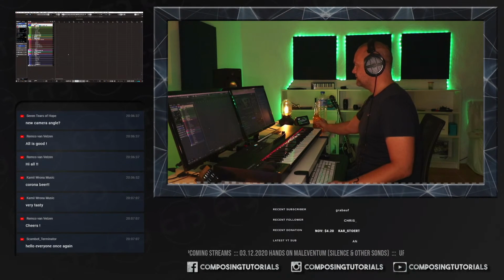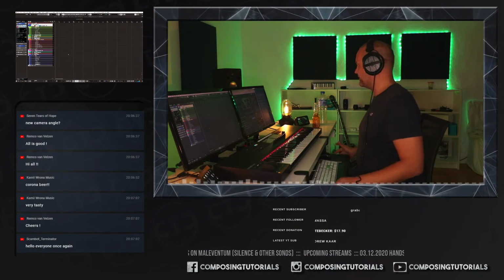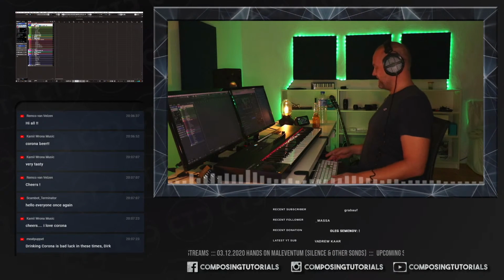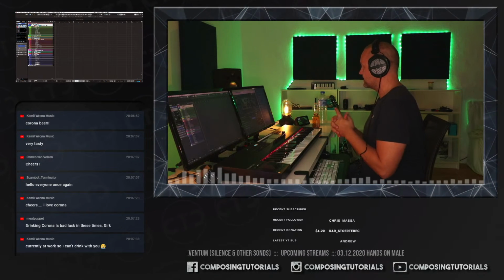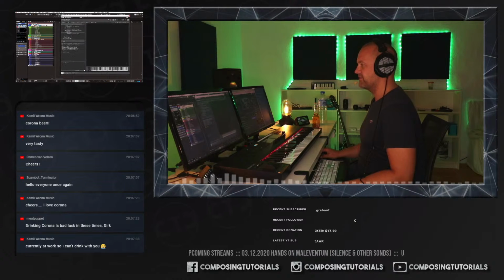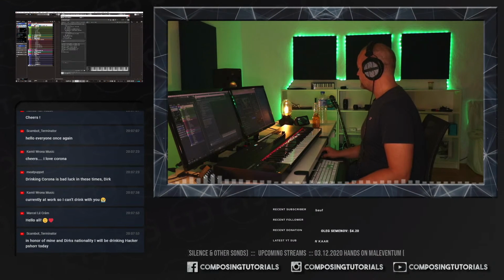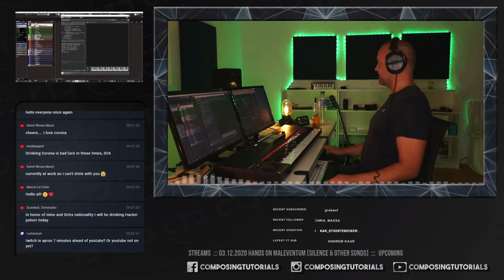Is that a new camera angle? Kind of. Yeah. I will go with that until I finally get my new camera. I'm going to have to wait for January and hopefully a nice BMI payout. And then I will get a new camera. Hopefully. Doggies are behind me, so say hi to Linus and Cookie. They're sleeping. It's actually quite chilly today. It's like 14 degrees outside, Celsius for you US guys out there, so it's not like we're freezing our asses off, but it's still a bit chilly. Currently at work, so you can drink. Well, can't help you there. But I will not encourage you to drink at work, so...